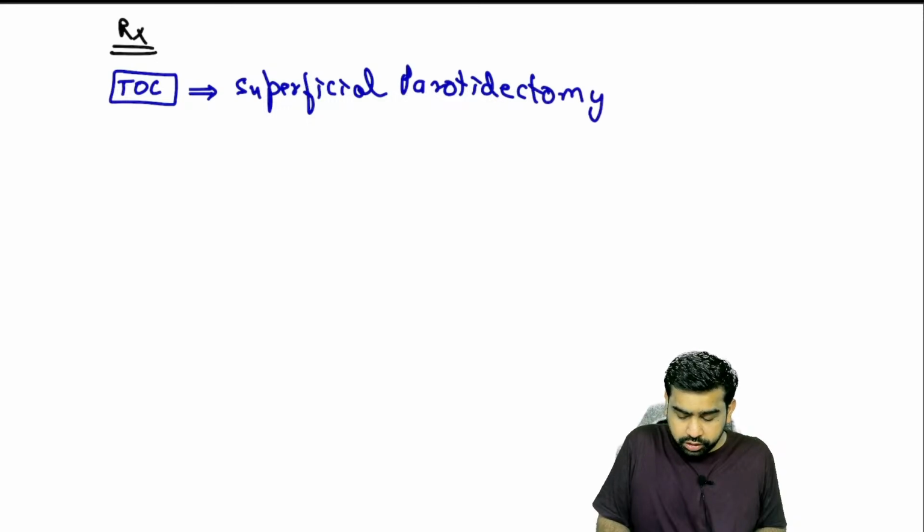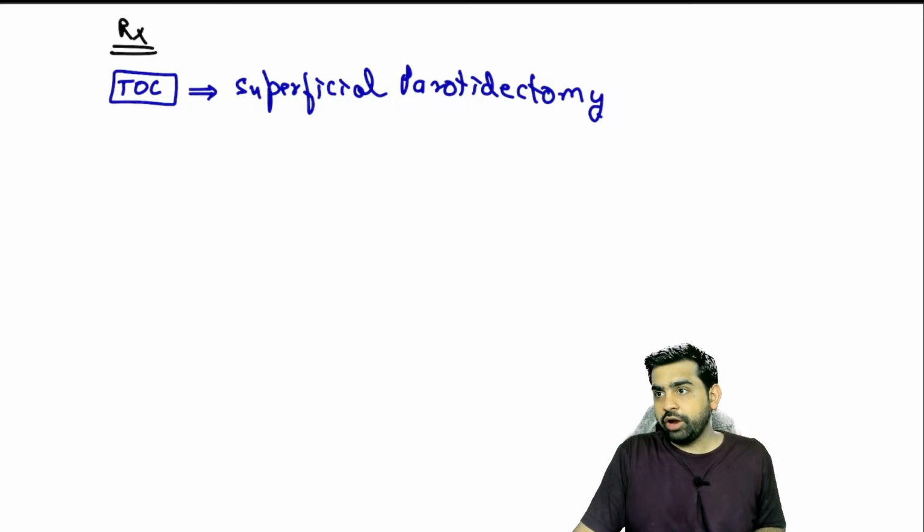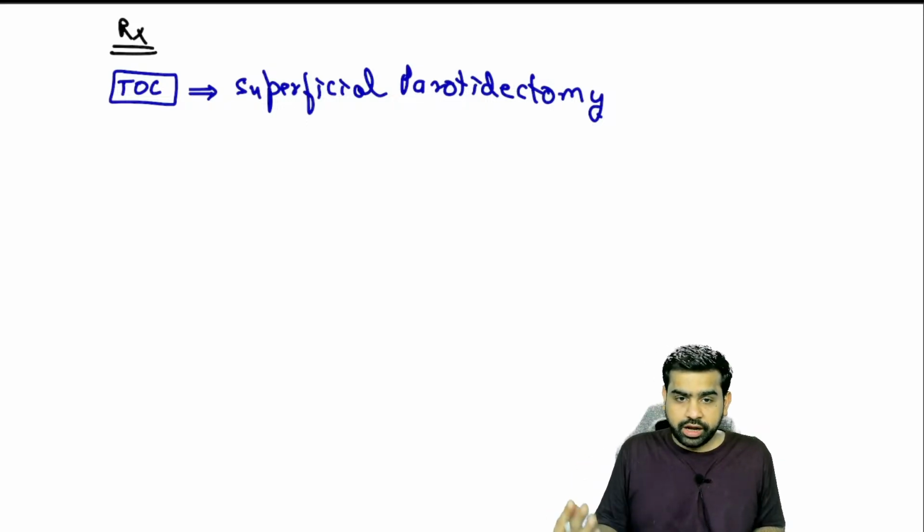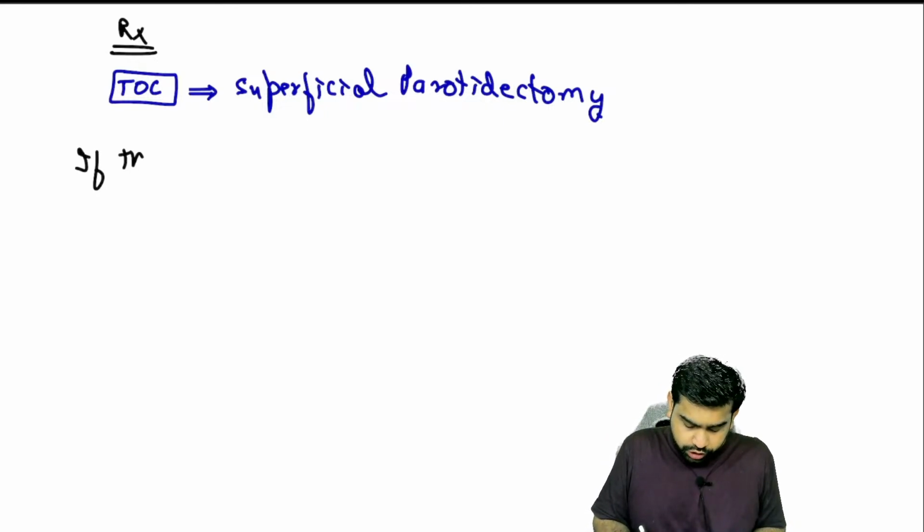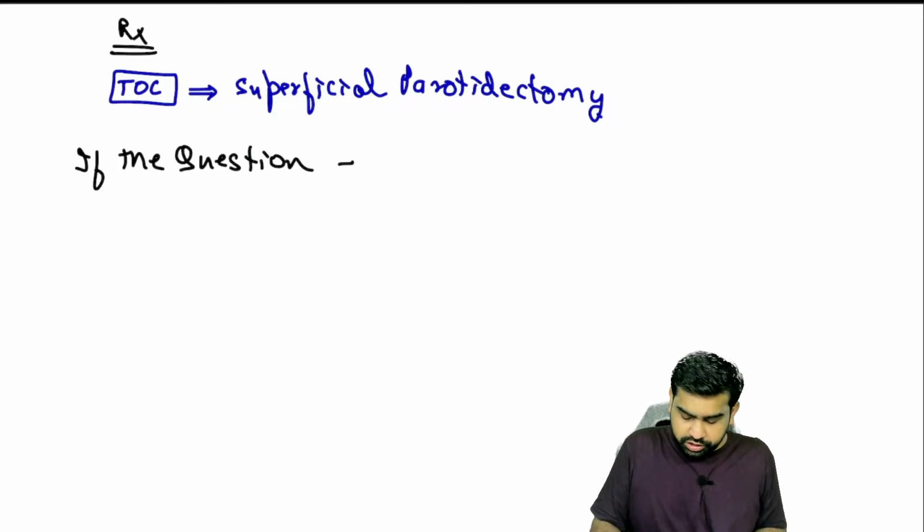Okay, so that is the treatment of choice for the pleomorphic adenoma. That is a superficial parotidectomy. Now what you need to understand is that in the parotid you have a superficial lobe and a deep lobe. So if the question mentions that there is an involvement of the deep lobe,